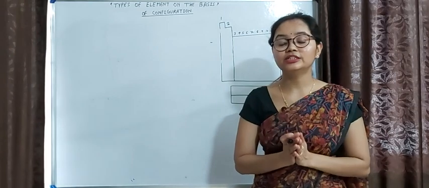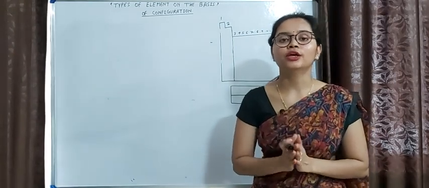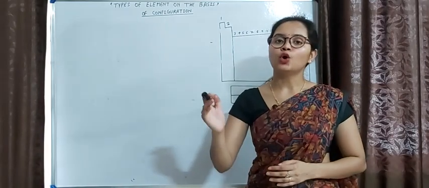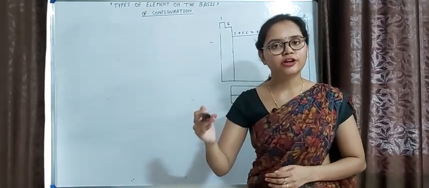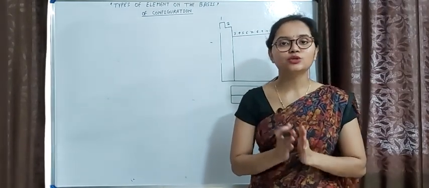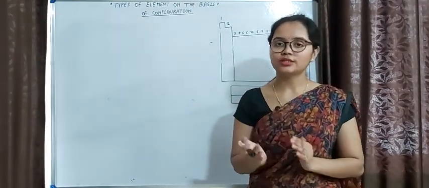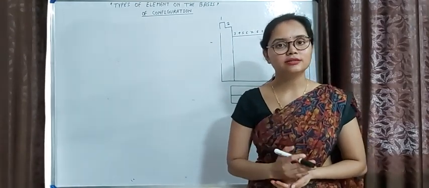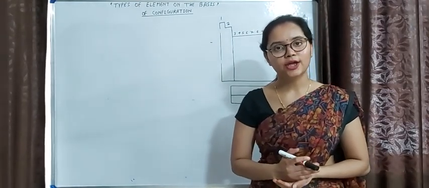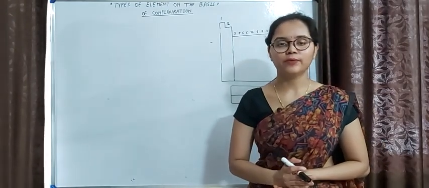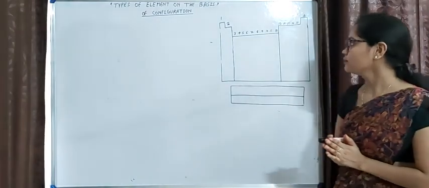Differentiating electron means the last electron. So the last electron can enter into any subshell. On the basis of these different electronic configurations, we can divide the elements into certain types. So this is our today's topic. Today we will discuss some types of elements which are different from one another on the basis of their different electronic configuration. Okay, so let's start the topic.